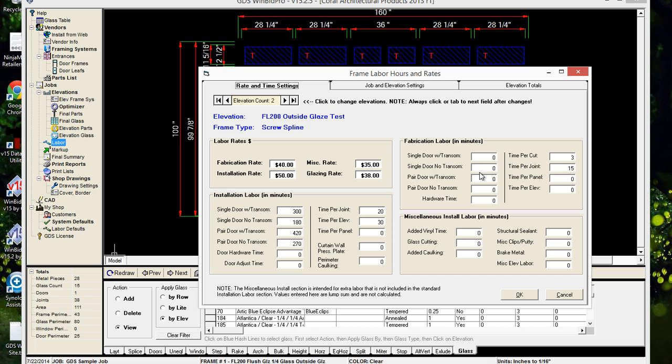So if you're buying a package frame and it's already pre-drilled, it's all set for locks and everything else, hinges, then you wouldn't need any fabrication for that. But if you're using stock lengths, you're buying your stock length jambs and header and door head, then you probably would have to put some fabrication time. So it really depends what type of entrance you're putting in. And of course, if it's a single door with no transom, in this case I wouldn't need that. But if you need 30 minutes of fabrication time and 30 minutes of hardware time, then you can enter that in,